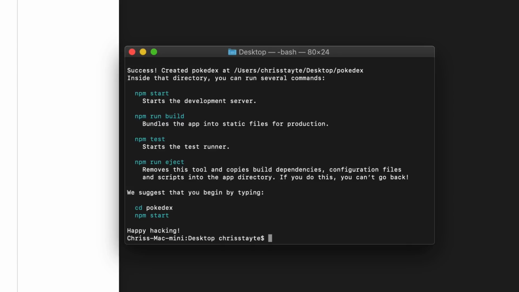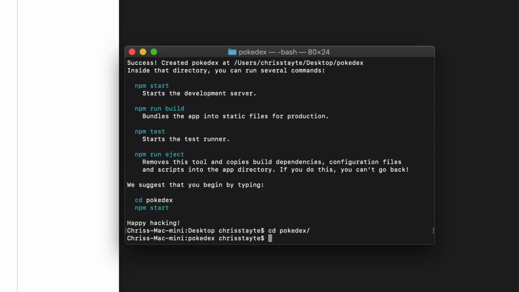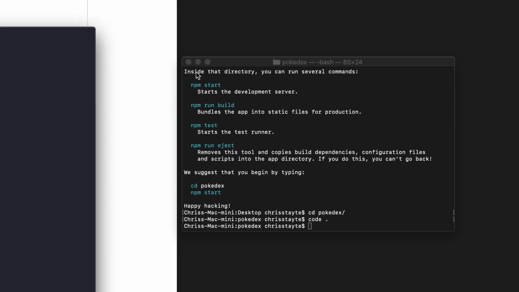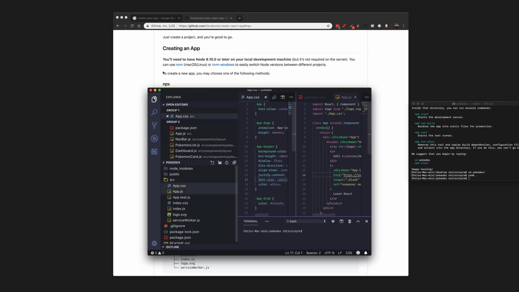All right, so you can see here it is installed. It does give you some information at the bottom. It says here you can type in npm start to start the development server, npm run build, npm test, all those kinds of commands. We're going to get into that later. For right now, I'm going to change directory into that folder. It actually creates a folder called pokedex, and I'm going to type in code . The reason why I'm doing this is I'm using Visual Studio Code,